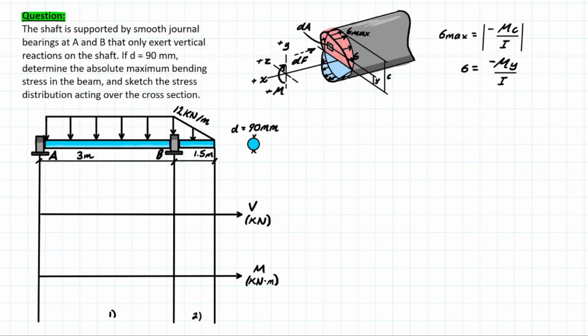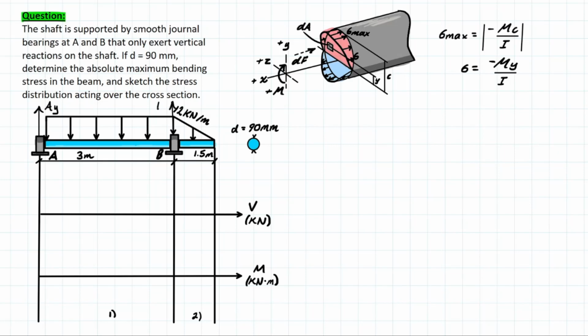I already have the sketch up top here for a circular member, and this is going to be very similar to what we're going to be dealing with, but we're going to see that once we start solving this problem. For any of these types of problems, we always want to start with the reactions. And we know that since we have a support here and we have a support here, we're going to have two reactions,